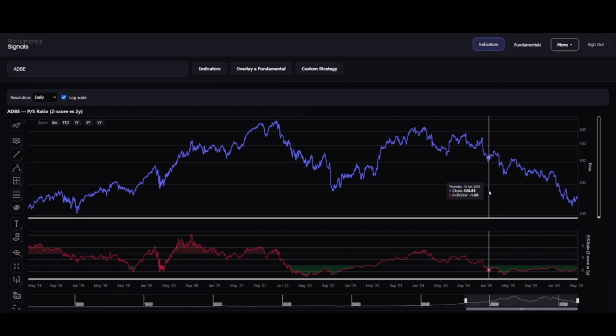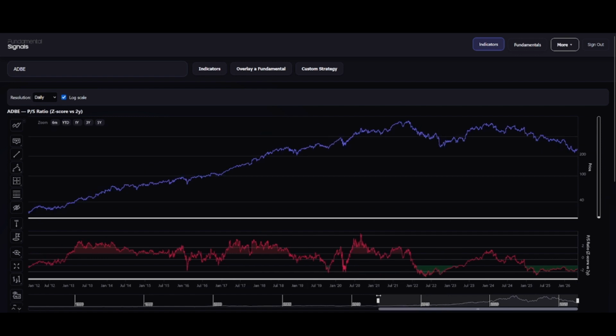When do we know it's over or almost over? This P/S ratio, whenever this broke above -1, that's when you start to get some good rallies to the upside, like in May 2023. After that, we basically go from $345 per share all the way to 619. Almost double. Not quite, almost double.